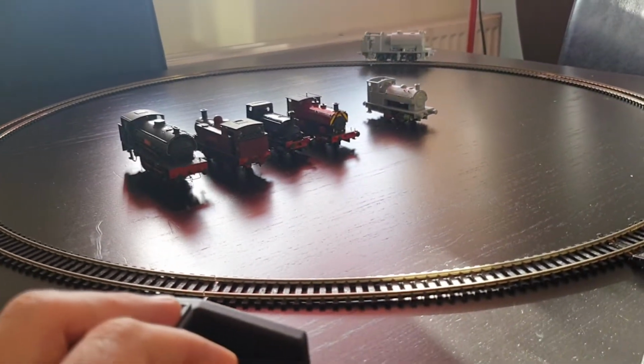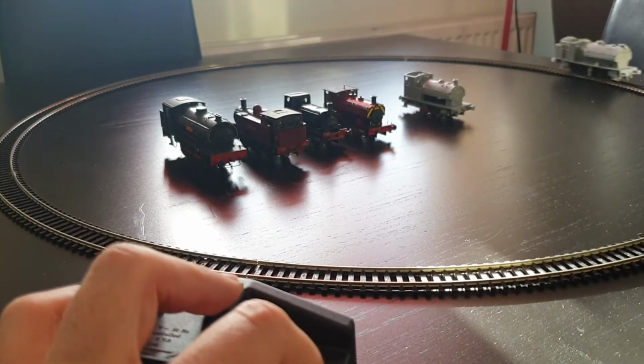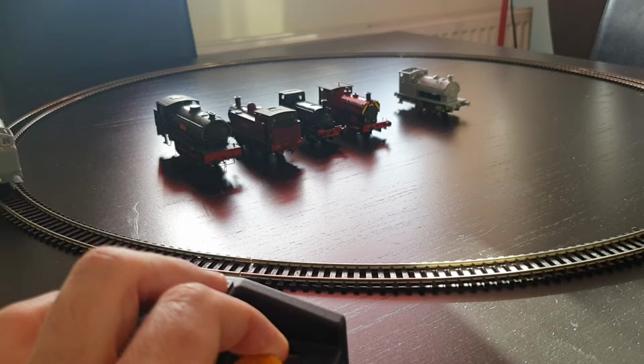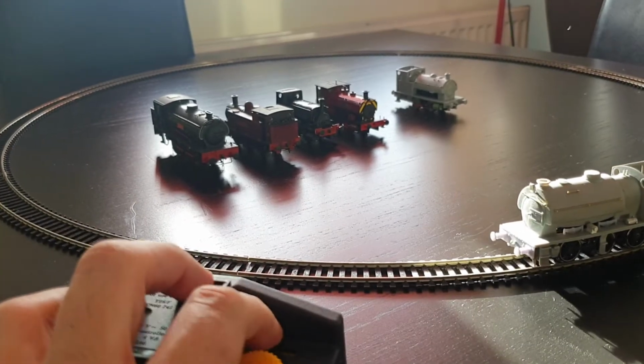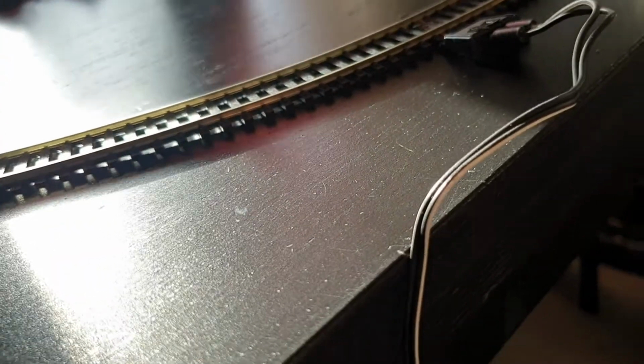Quite high gearing on this chassis. Hornby seems to have got the Terrier, made it a warp speed locomotive, but whatever. I'm sure the Gauge Master controller on North Dock can cope with that. So what else have we got? We've got, get rid of him,